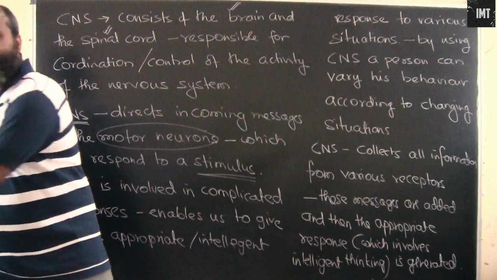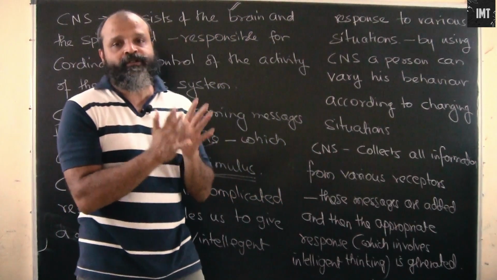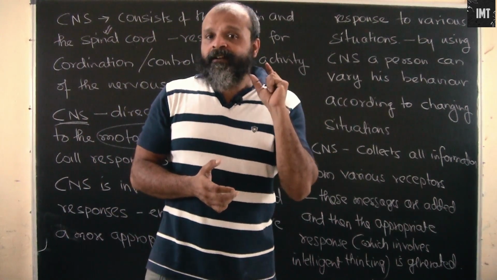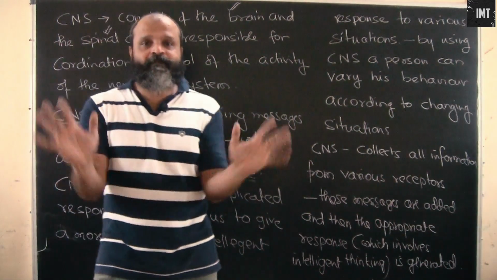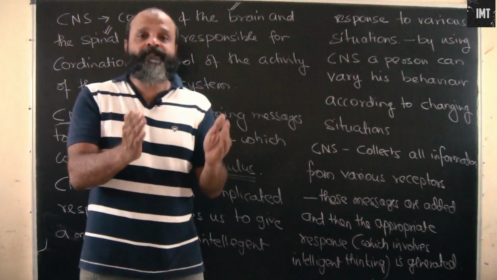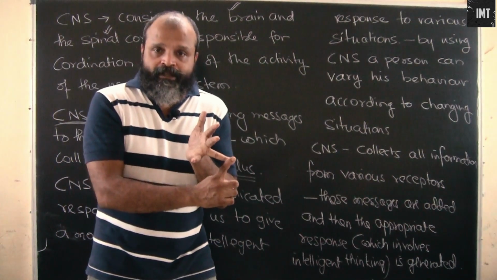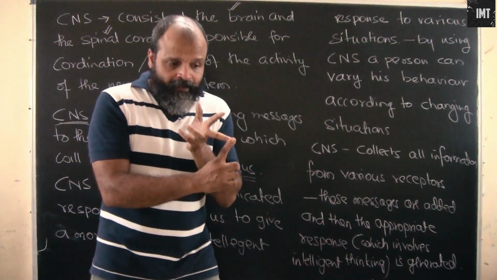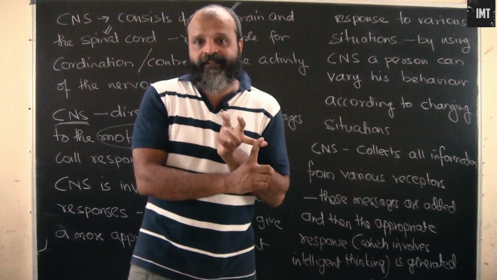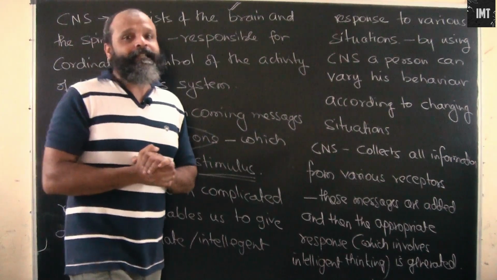So the immediate response could have been that I drop the plate. But understanding the circumstance, I will keep it safely somewhere. There is intelligent thinking involved, and that is what the central nervous system does. So it generates the most appropriate response. Response can be just dropping the plate, but will it be the most appropriate response? No. The most appropriate response is I keep it somewhere wherein I will not destroy the food, I will not destroy the plate, and I will safely put my hands away from it as well. My hands are not getting burnt either. So these are certain appropriate responses that are generated.